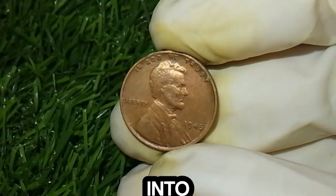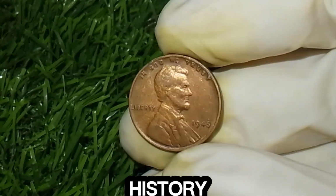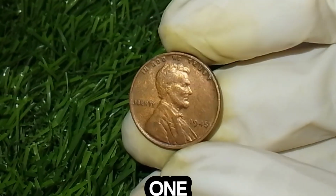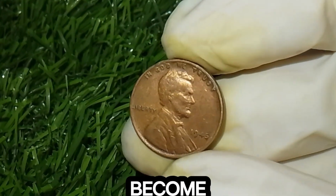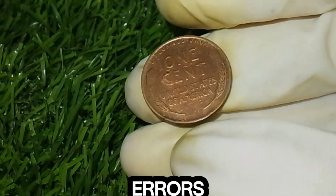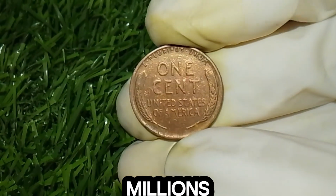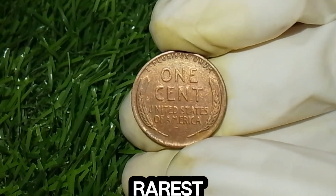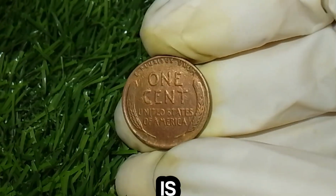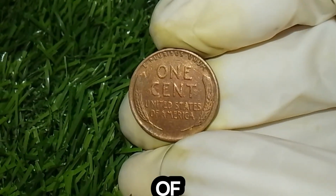We are going deep into one of the most talked about and extraordinary coins in American numismatic history, the wheat penny from 1945, a coin that might look like an ordinary 1-cent piece at first glance but has become famous and legendary among collectors for its hidden details, minting errors, and mysterious features that can turn a simple copper penny into something worth hundreds of millions of dollars, with some of the rarest examples being valued as high as $611 million, which is a figure that blows the mind when compared to its humble face value of just 1 cent,